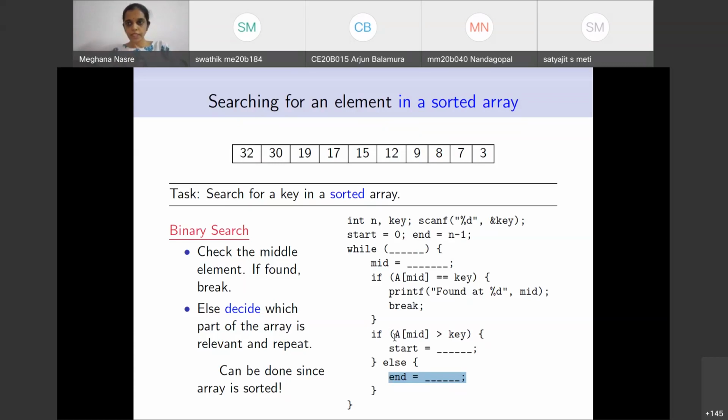Ma'am, it is sorted in ascending order, ma'am. It is sorted in descending order. Okay. So the array given in the top, that is an example array, right? And we are going to use it always like this. Again, the code will change when you have it in the other order, but we are going to look at it in this way. Okay, ma'am.